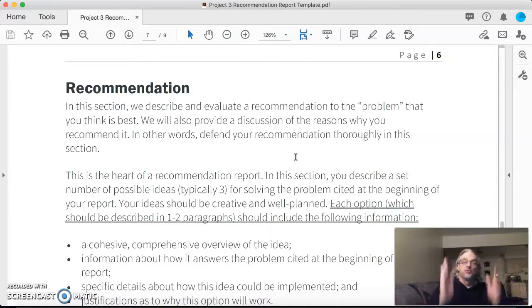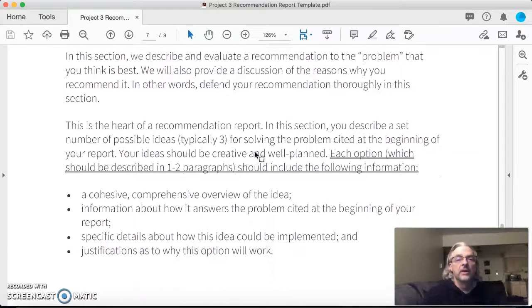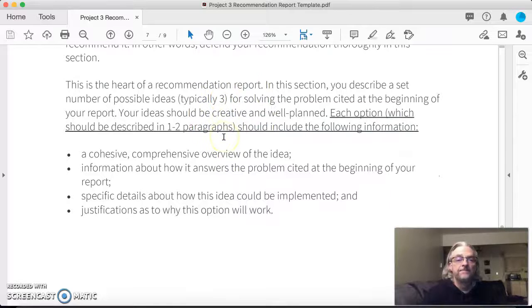Now, with the research that you've done, maybe you've gone to Google Scholar, maybe you've gone to some of the trade publications or journals, or you found a trade magazine, or an industry publication, where they're talking about some recommendations, or different solutions, or maybe you've taken several of those solutions and combined them into one of your own. This will be where these come into play, right? And then